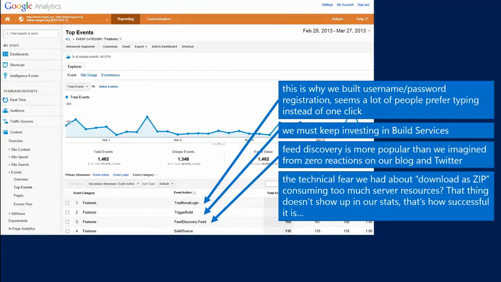So we had some users asking, can I download all packages from my feed? And we were like, okay, that's quite an interesting feature because we think a lot of people will like to be able to download all packages from their feed. So we implemented this thing, put it live, and we actually were kind of afraid that when introducing this